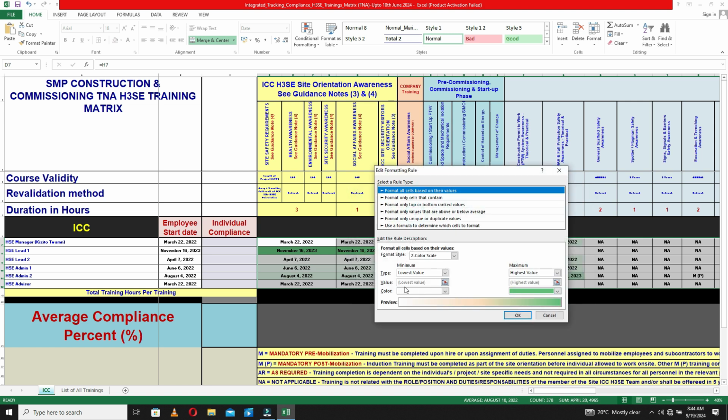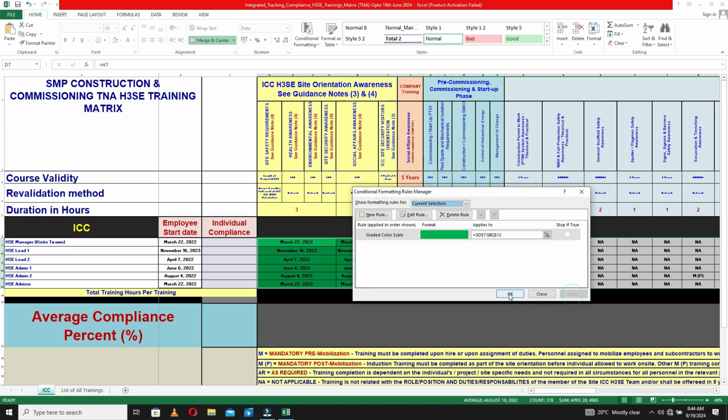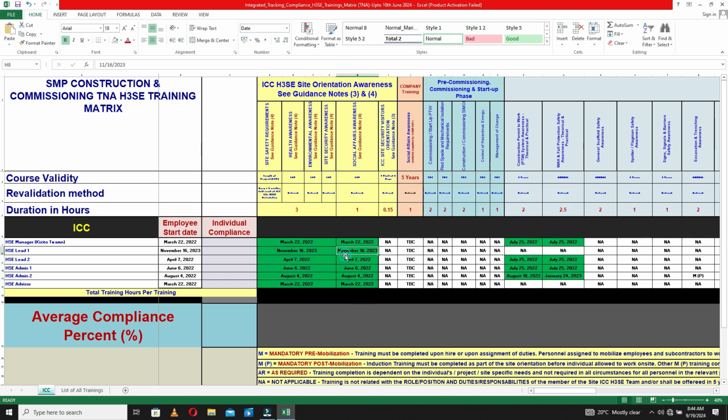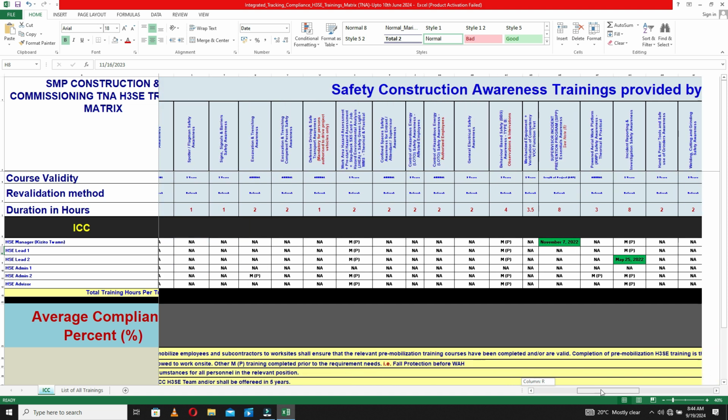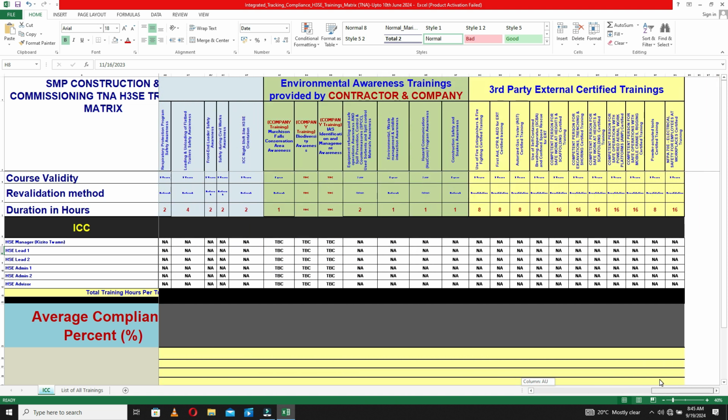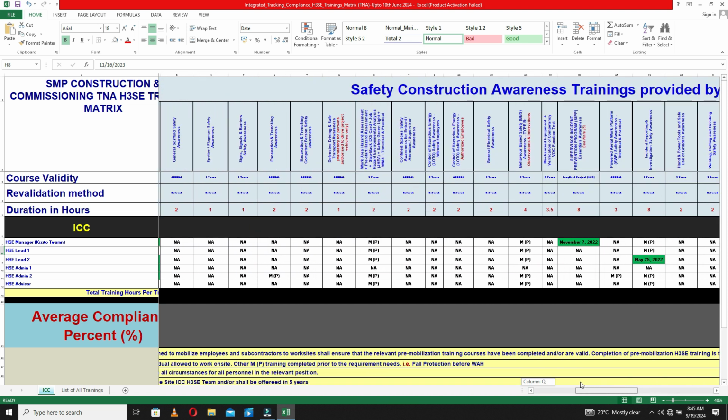How do I manage? I come and I edit this rule. So I can add this color, make it full green. Then I click OK. I can apply this. So you will notice that all trainings that are dated are highlighted. If the training was done,